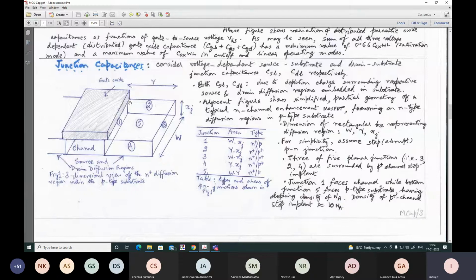Now, as we see, we are writing the channel, but we are taking the same value for the P-type substrate. The reason is that the channel is very narrow. Suppose this is 1 micrometer depth, the height of this box, which we are showing as 1, but the extent of channel is much smaller. Say it will be 0.1 micrometer at the maximum. The channel width is very small compared to that of the bulk or the depth of the substrate. Hence, the junction 1 will have the same built-in potential and voltage equivalence factor as that of junction 5. Okay. Yes, sorry. Was it your question?